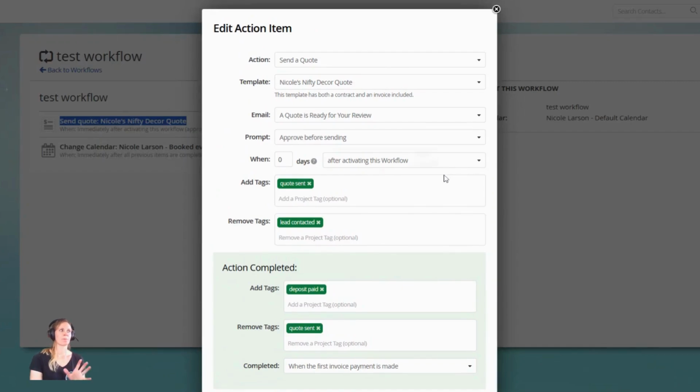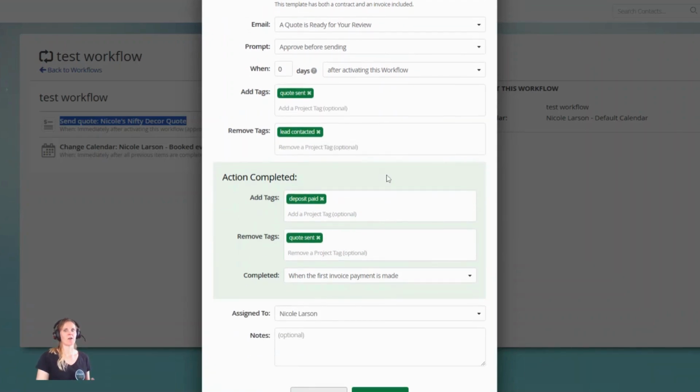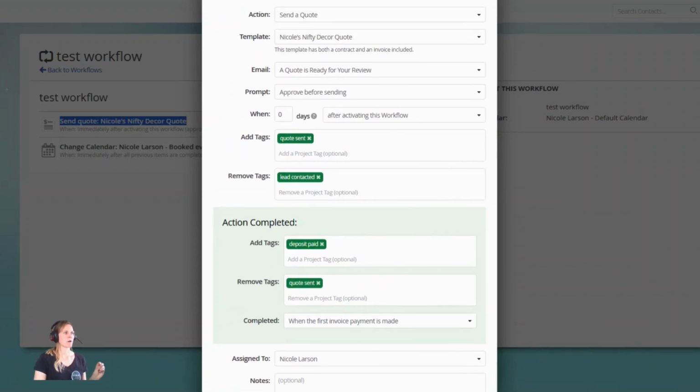Okay, so now you can see I'm setting my action item. I'm going to be sending a quote, after which point I can select which specific quote template and which specific email message I want to be part of this workflow action, set my timing, etc. And then here is where we're applying all these tags automatically for us and moving this project across the pipeline. So firstly, up here, we're going to have the tags associated with just sending the quote. Down in this green section, the tags are associated with the workflow